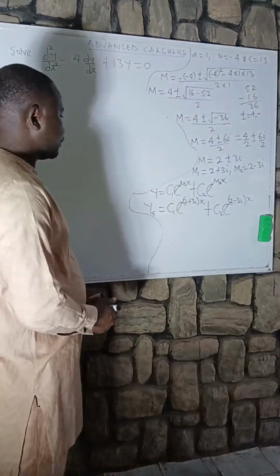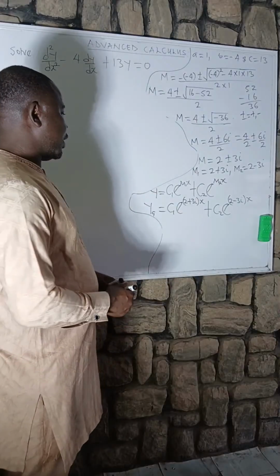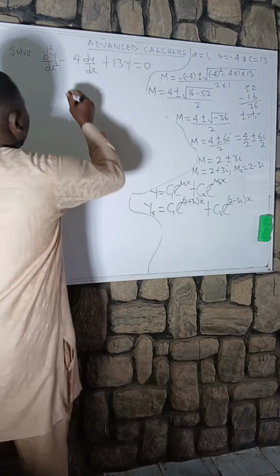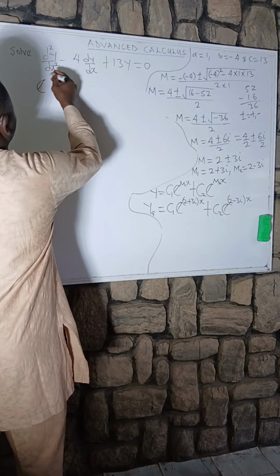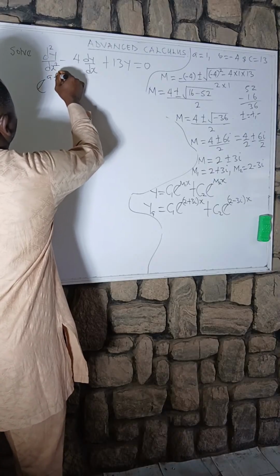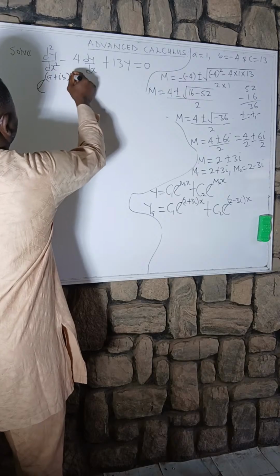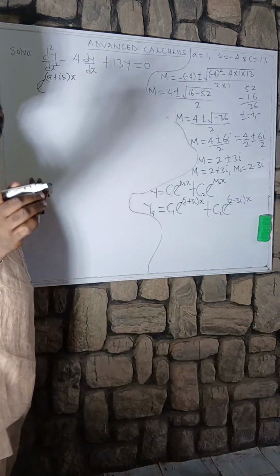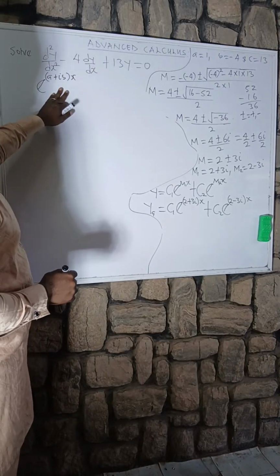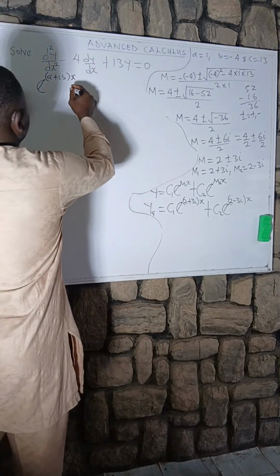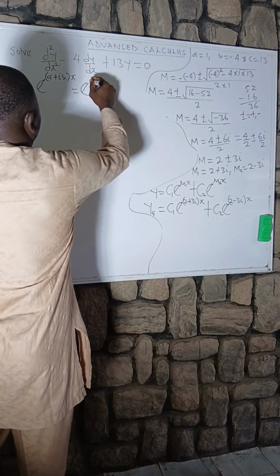Okay, so as you can see now, assuming we have exponential (a plus ib) x, I want to do something. That is why I'm trying to explain this. You know that this is the same thing as exponential